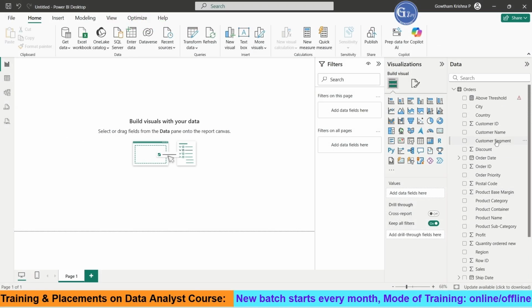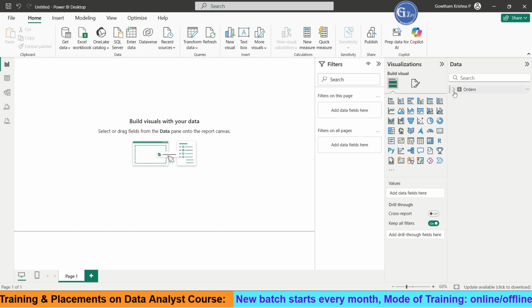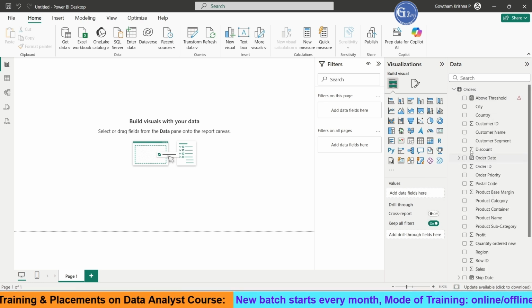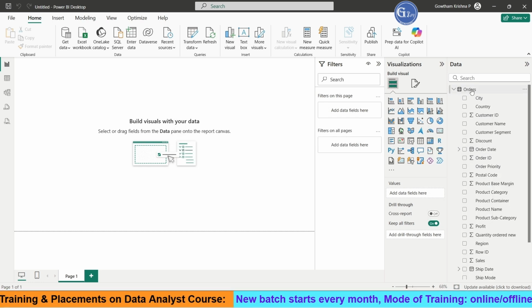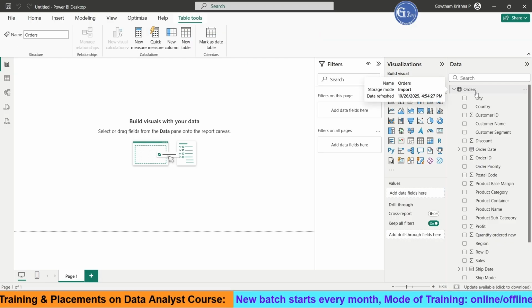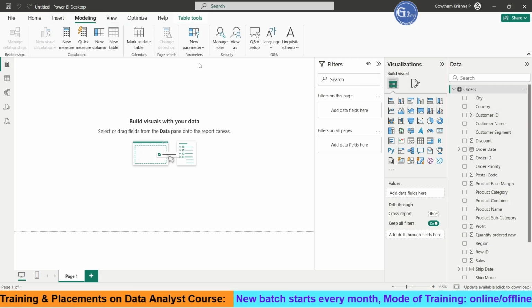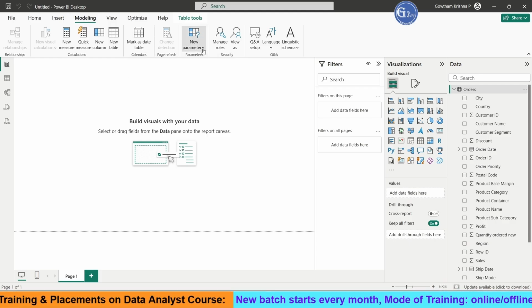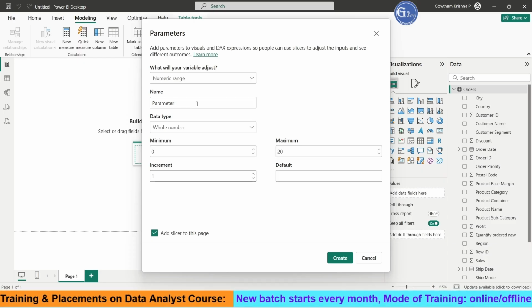We are at Power BI Desktop and I have connected to orders here. In orders, we are connected to the sample superstore. From there we have connected to the orders table here. We are going to create numeric parameters. To do that, we have to come to the modeling tab and from here, new parameter, and numeric range we have to select. Now I am giving a name for the